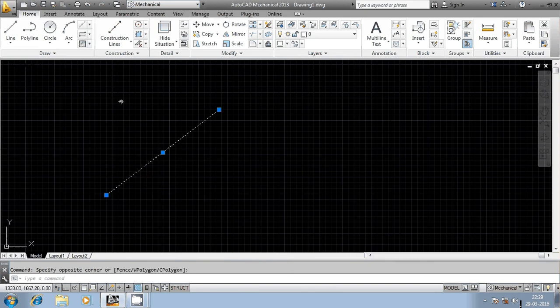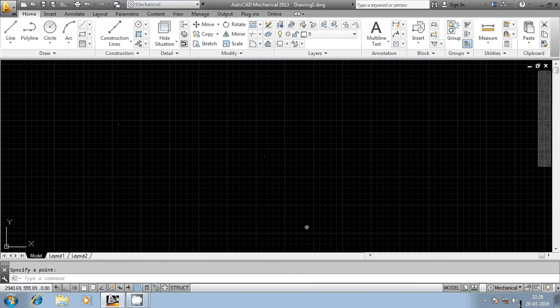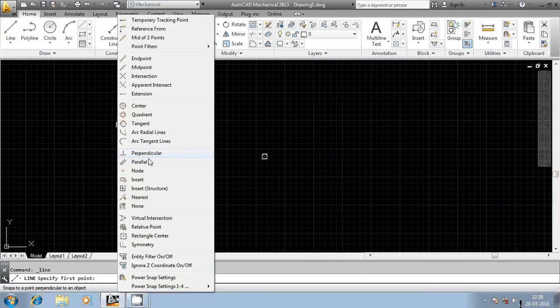In order to draw the lines manually, you need to have some predefined points. I can use the point command and generate some points here as per my requirement. I can go to PDMODE or DDPTYPE to change the graphical representation of the point. You can see here the graphical representation got changed. You can invoke the line command and then select these 2 points.